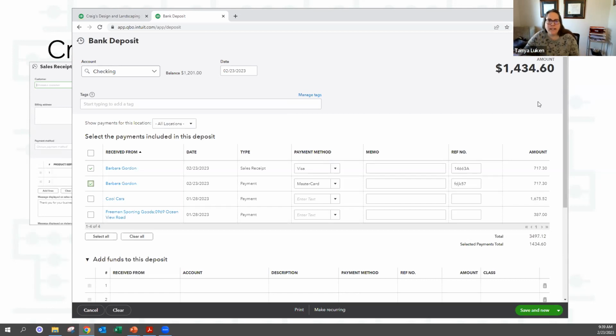Like Google Play and iTunes, if you were to sell your app on their platforms, for example, they pay out once a month. So anyone that downloads the app in February, for example, you get a report sometime around mid-March that says, here's how many people downloaded the app in February, but they're not going to pay you until April. So in that instance, I would do an invoice with a February date for all the apps that we sold to iTunes or Google. And then I would mark it as paid when the money came in April.